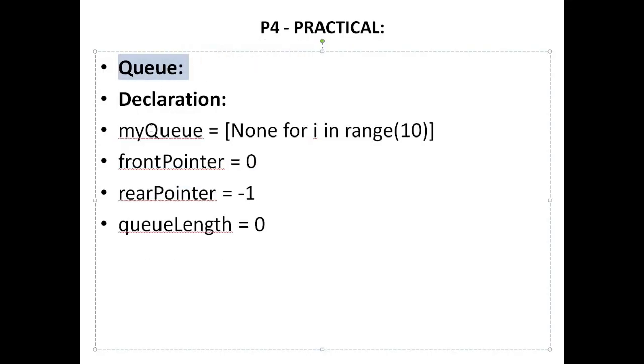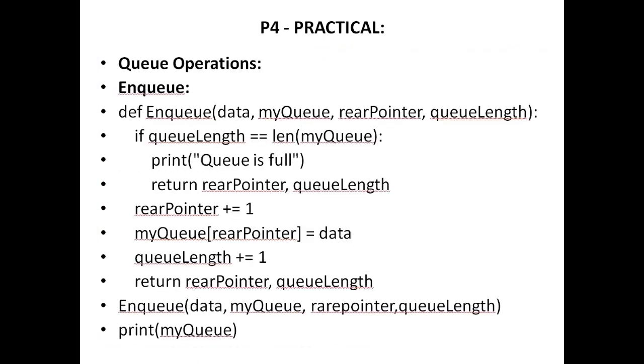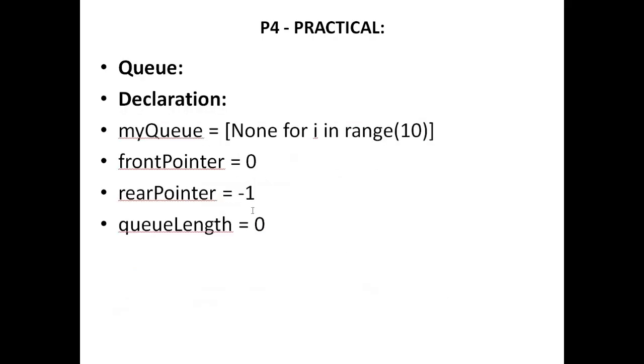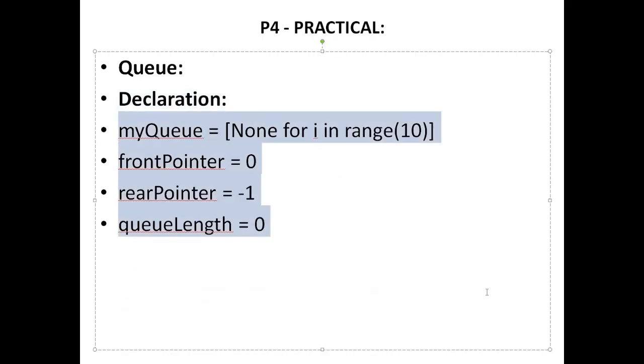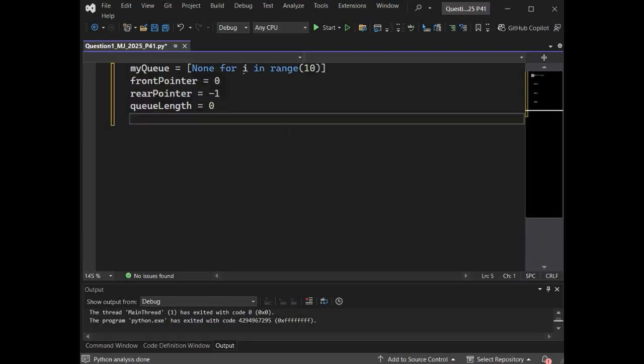How to declare a queue? Again, queues can be declared just like a stack or an array, and technically for stack, for queue, for linked list, follow the instruction of the examiner as your top priority. Whatever variables or pointers the examiner asks you to make in the question, follow that. Otherwise, in general, you're going to need a front pointer, a rear pointer or end pointer, and a queue length variable. So instead of rear pointer, you can create end pointer as well.